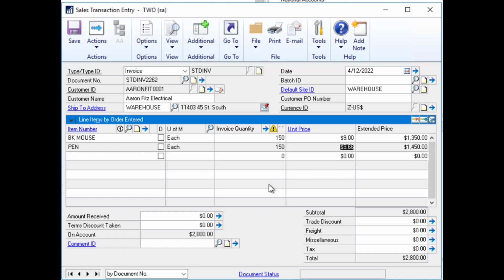The ability to use either volume pricing or tiered pricing is just another way RPM makes your work simpler and